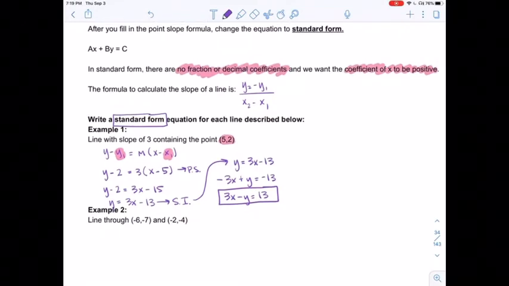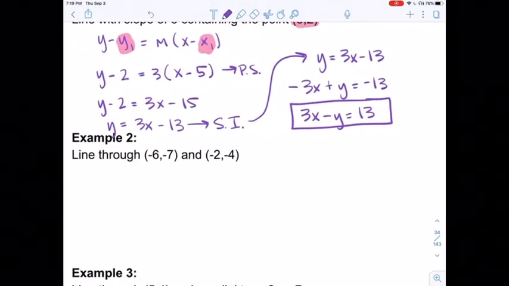So we need a point and we need a slope. How you get that information will vary from question to question. So in example 2, we are given 2 points. So I can use either of those 2 points, but I need to know the slope first. So to find the slope, I'm going to do y2 minus a negative 7 and x2, which is a negative 2, minus a negative 6. So negative 4 plus 7 gives us a positive 3, and a negative 2 plus 6 gives us a positive 4. So now I have my slope